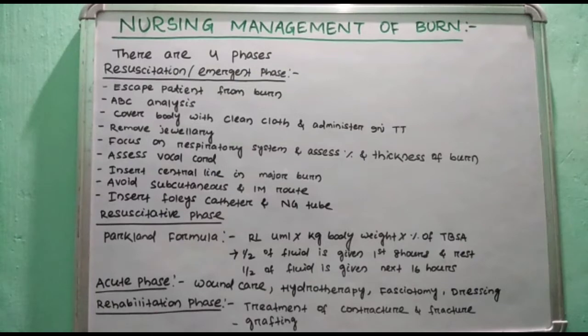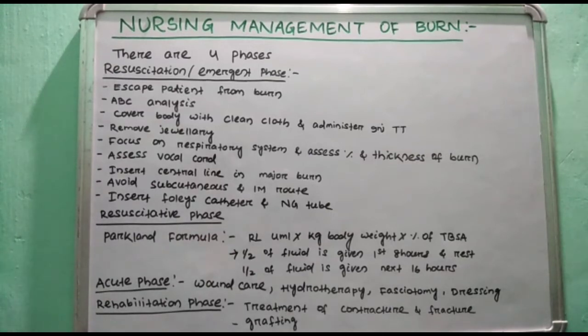Then you send the stool to the laboratory to identify occult blood. Then you continuously assess the bowel sounds to find out paralytic ileus. You should do urine examination to find out hemoglobin or any myoglobin in the urine. Elevate the patient's extremity to prevent edema. If there is a fracture, then you should not elevate the extremity.